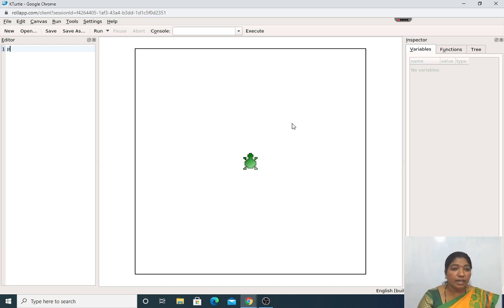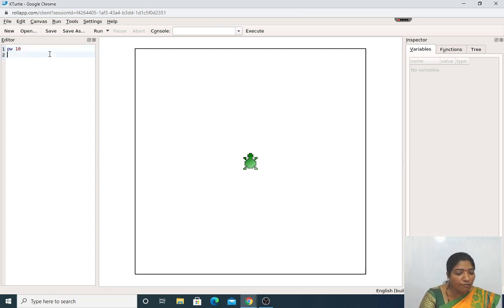What actually happens? If I write PW to 10, what happens? It will move to the forward direction. Just click the command reset. It will come back to its original position. And if I am making use of this PW, what happens? We have to write PW to 10. This is nothing but the pen width. It will be making use of pixels. The default line thickness is 1 pixel. A single dot can be called a pixel in computer terminology.